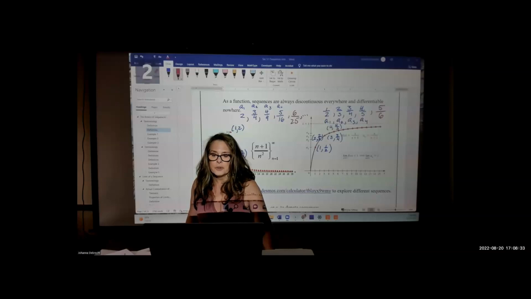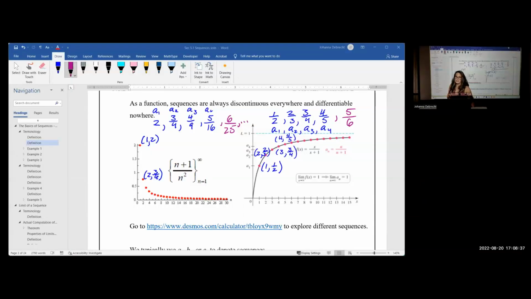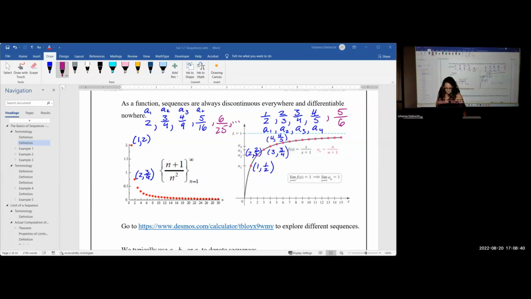I can get it to share. There we go. Now it's sharing the screen. So take a look at that. Type that in,